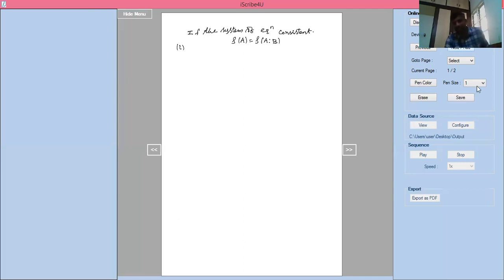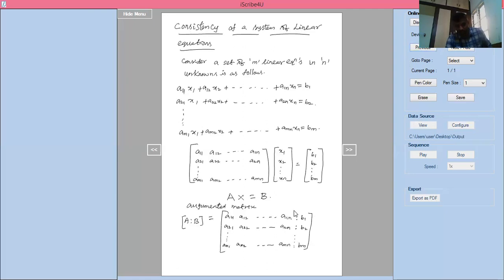What is rank of A? What is rank of A is to B? I will tell you. Rank of A is the rank of the A matrix, before the augmented part. Rank of A is to B means the complete rows; the number of non-zero rows we have to find out. If rank of A equals rank of A is to B, then the given system of equations is consistent. In that, the first case I will take is the unique solution.